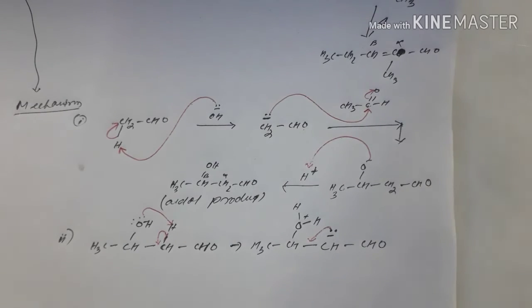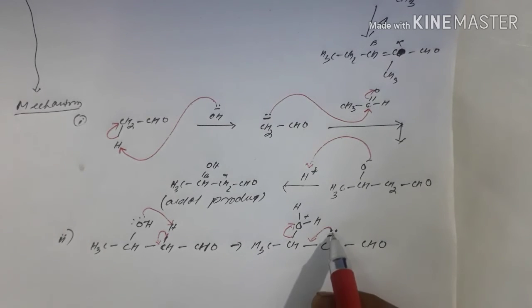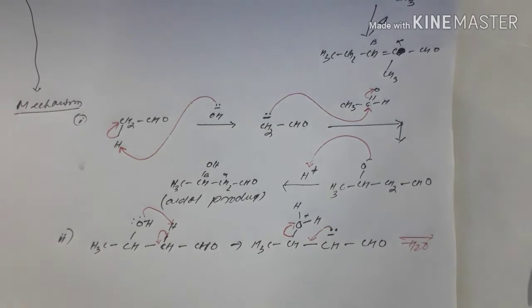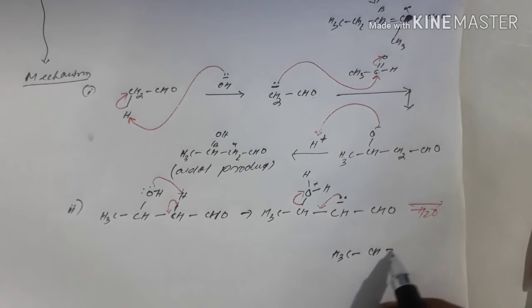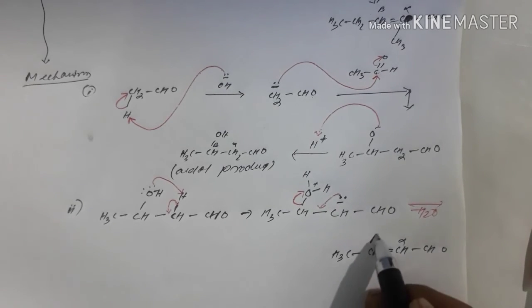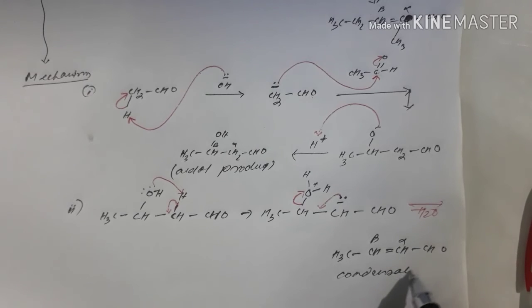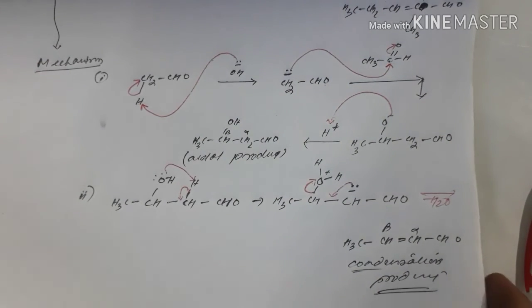So this and this carbon will form a double bond, right? And the electron of the OC bond, once you shifted this here, you shift this electron of carbon here, so this will become neutral. It is losing a water molecule, right? And once it loses the water molecule, we have CH3, then CH, then they are forming a double bond, CH, then CH. So this is alpha beta, look, this is an alpha beta unsaturated aldehyde. And this is what we are talking about, the condensation product. Clear? Condensation product. So this is what we are talking about, the aldol condensation reaction.